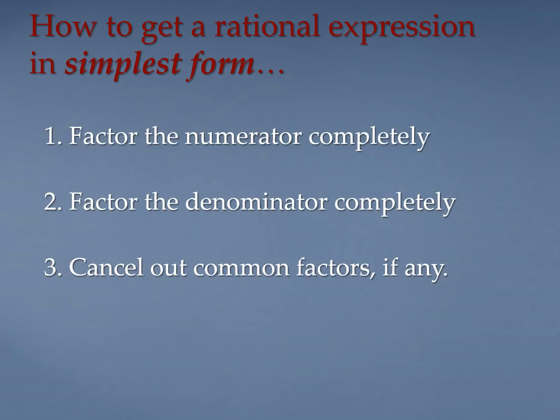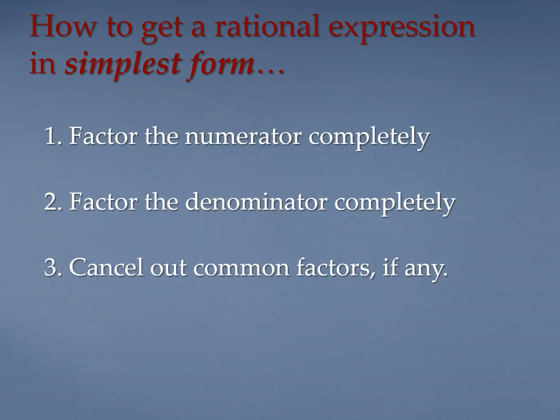Which brings me to step 3. Once you've factored your upstairs and downstairs, you're going to cancel out any common factors, if any. Now, it is possible that you'll take time to factor your upstairs and downstairs, and nothing at the end of that factoring process will cancel. It's going to be rare that that happens, but it still can. So I don't want you to get it in your head that every time you factor a rational expression, it's guaranteed that stuff is going to cancel out. That's not true. You need to factor,